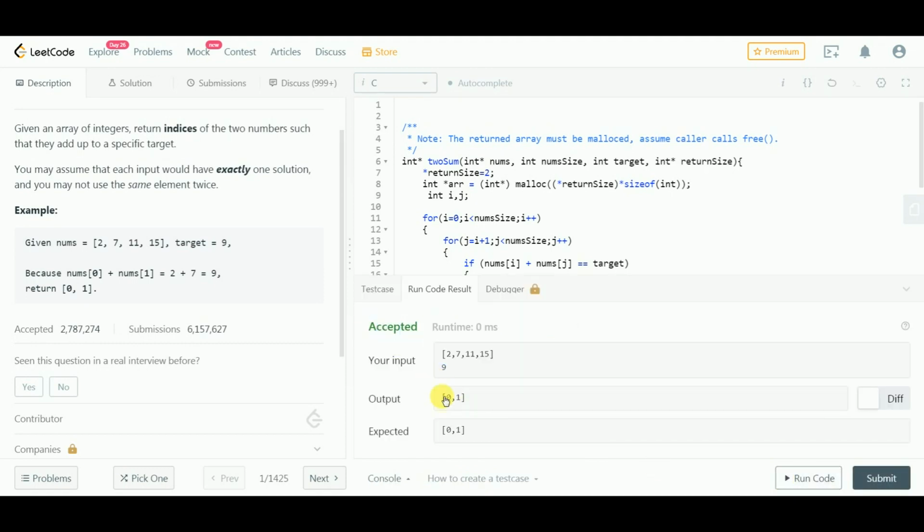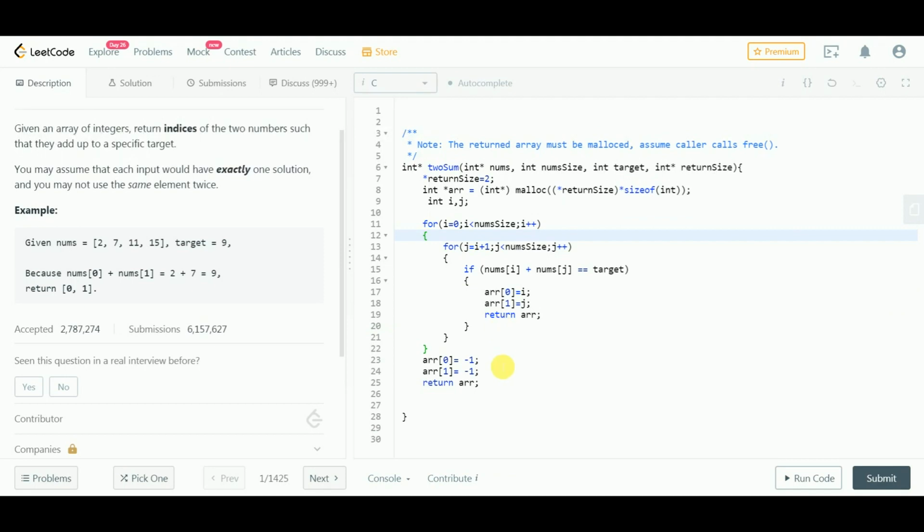But just make it smaller. Why have I done this? Because it is asking for it. In twoSum, nums is the pointer to the array we have to deal with, numsSize is the size of this nums array, target is the target, and returnSize is the size of the return array.